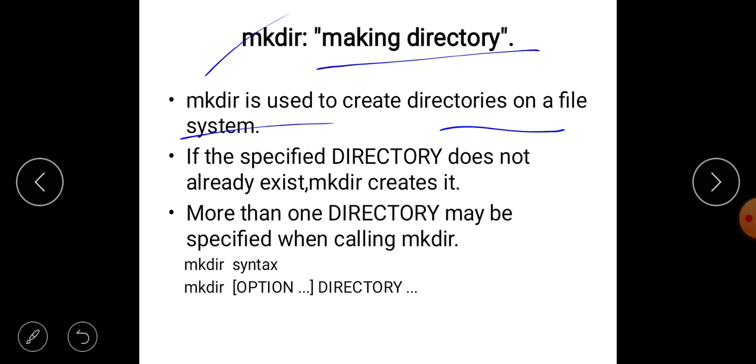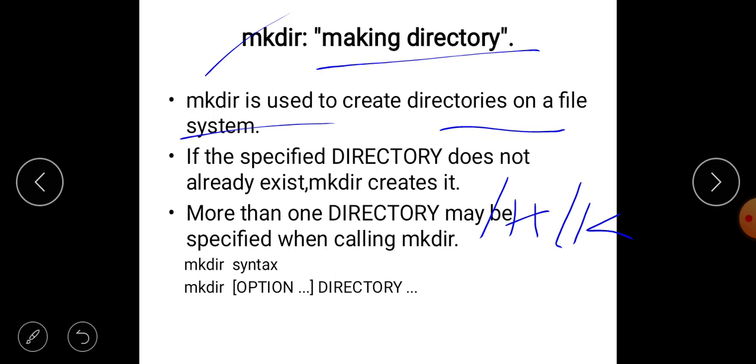Okay, it will be created in the current path if there is no directory in that name; otherwise it is not going to create it. Suppose /home/kumar is the current working directory.